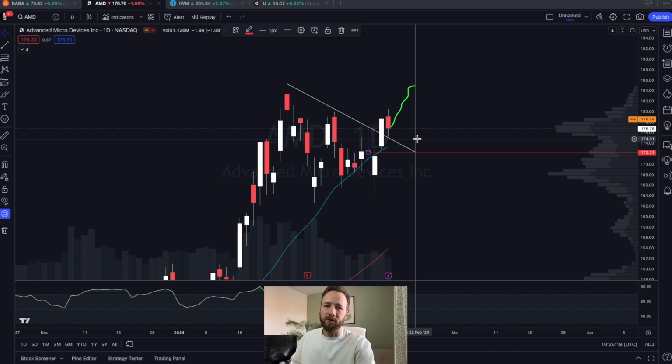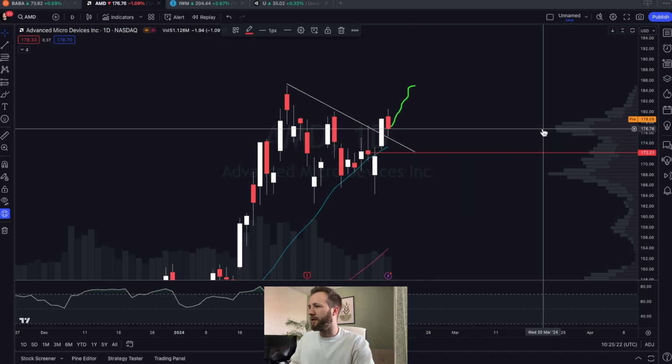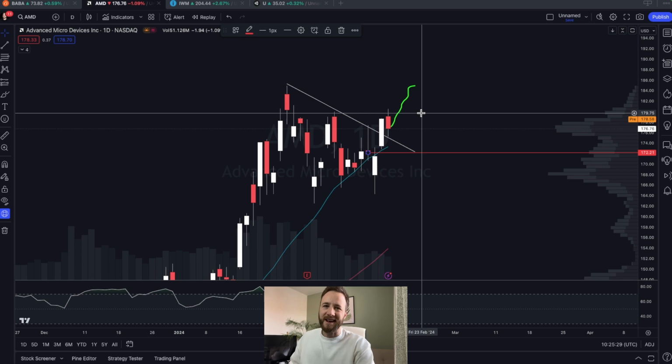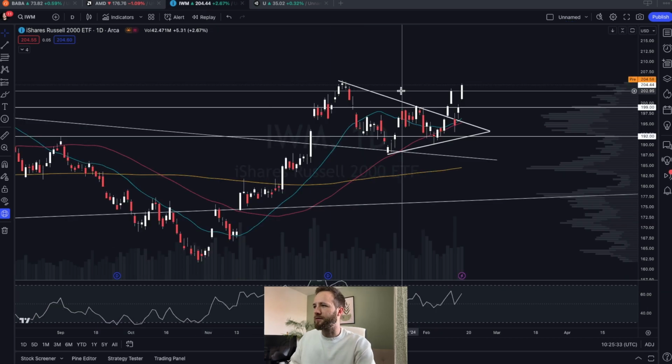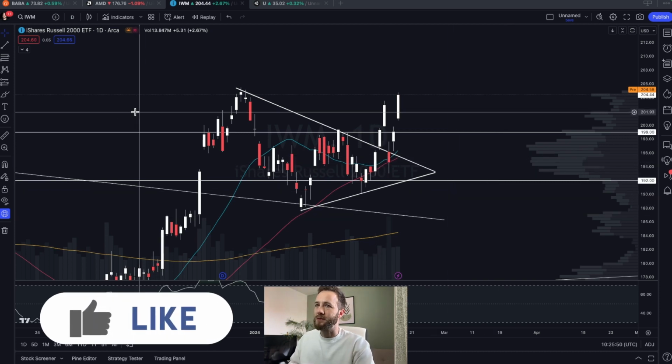You can go into support and resistance to go alongside this, but also you do have a volume profile bar here on the right side, which again shows you that the volume is here, and if we move higher, that is good news. So that's a stage 2 stock of a breakout from a trend line. Let's now move on to a stage 3 stock. So stage 3 is actually IWM, which is an index,